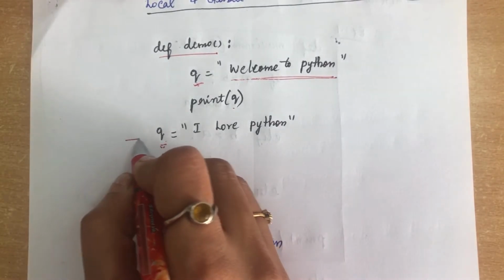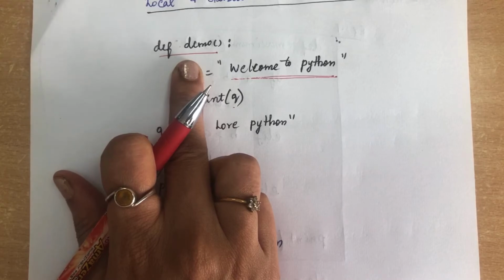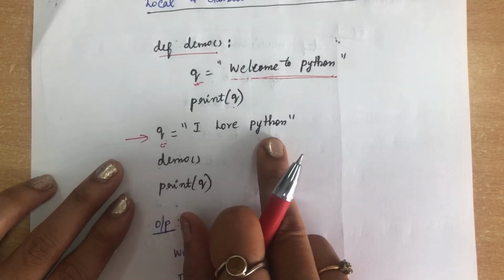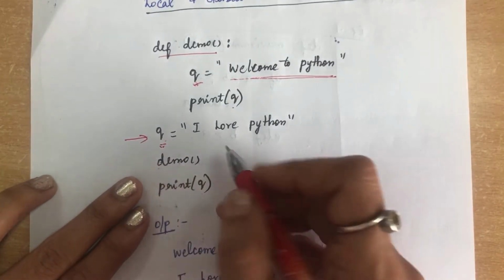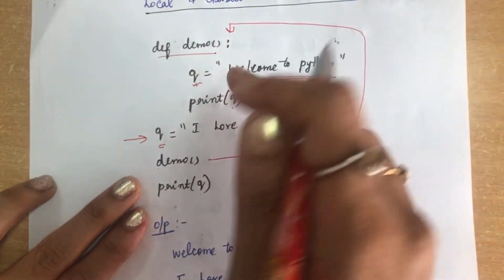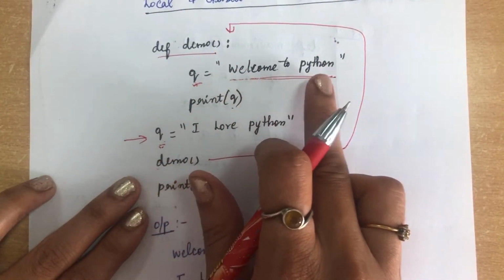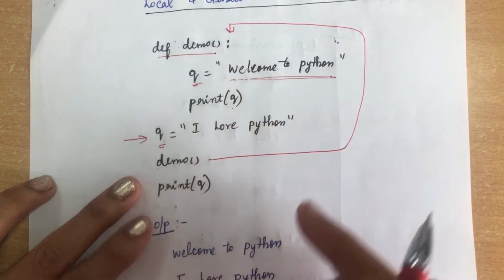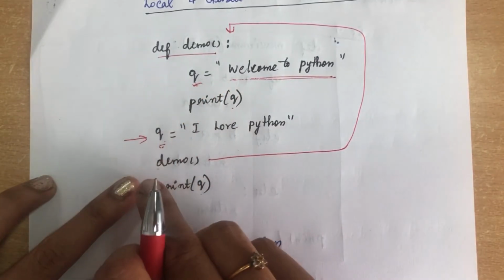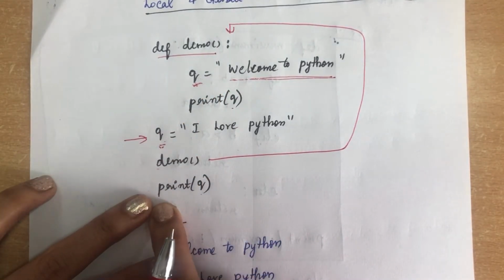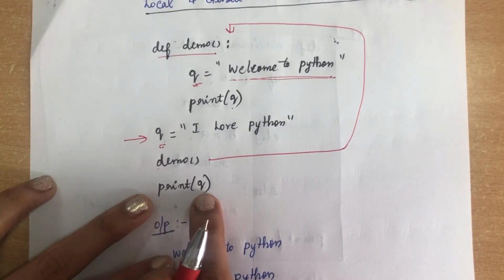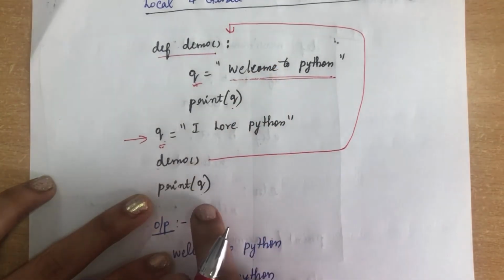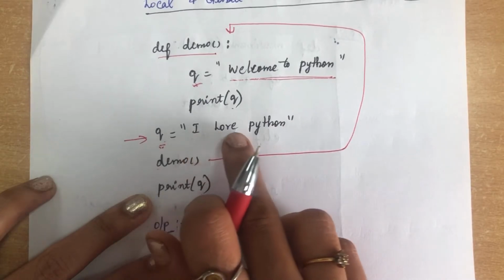Okay, so when this program is executed, first the control will go here. It will not go and execute the function; it will go to the next line after the function. So q will be equal to "I love Python". Next I'm going to call the function. So this function will be called, and here I'm going to store "welcome to Python" in q and print q. Print of q will print "welcome to Python" on screen. Coming back to the main program, the next line prints q. When you print q here outside the function body, this q will not hold "welcome to Python", but "I love Python".